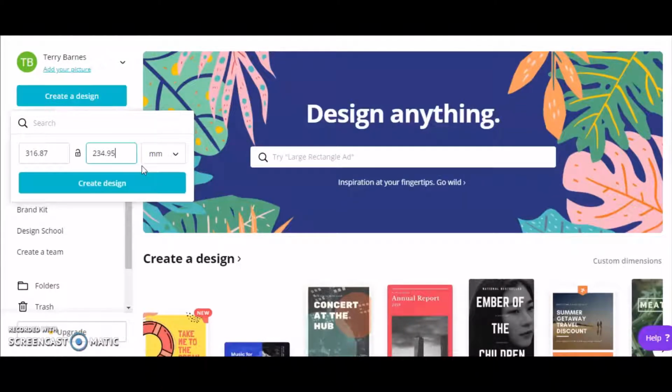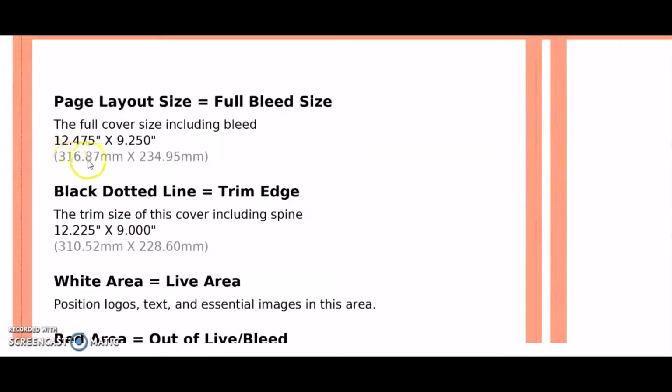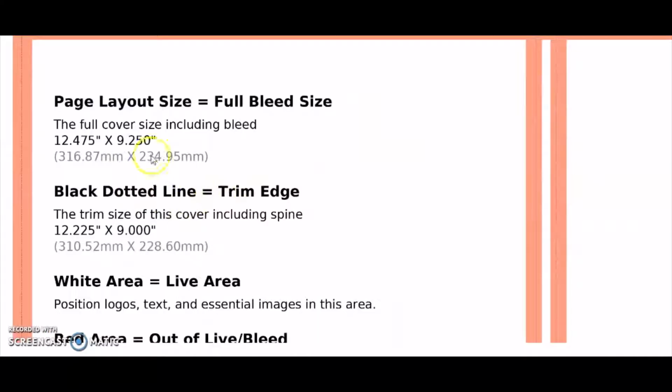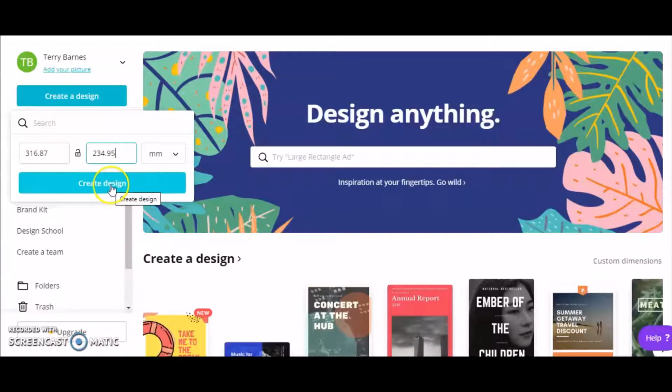Let me double check that. It's 316.87 by 234.95. And then I click create design,